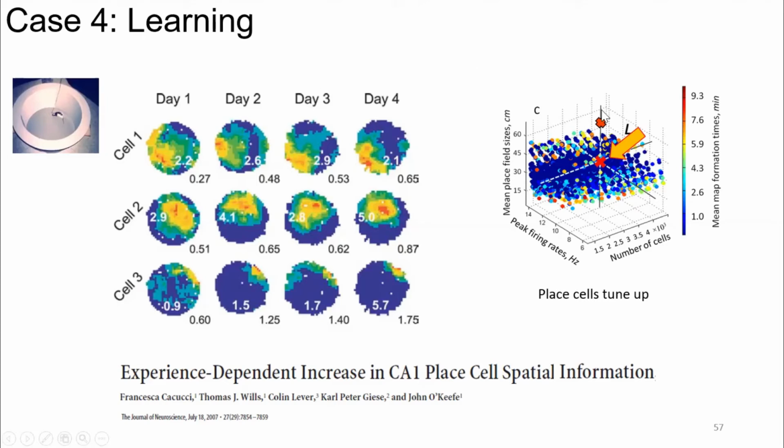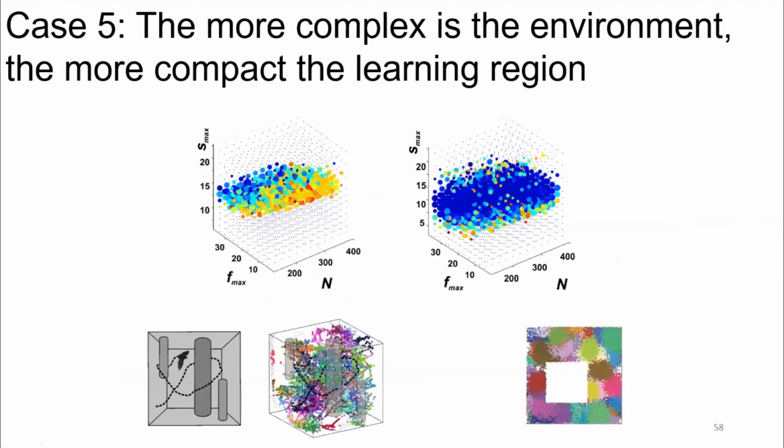And what is that in terms of this model? It's the opposite process. You are moving from the periphery of the learning region into its core. Also, one thing I wanted to mention is that the shape of the learning region depends on the shape of the environment. If your environment is a simple linear environment, then the topological map will work for almost arbitrary parameters. But if you are thinking about complex two-dimensional environments, or, in the case of bats, which also have place fields, but these exist in three-dimensional space,